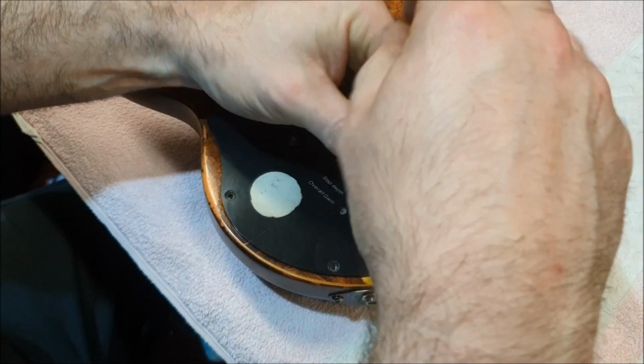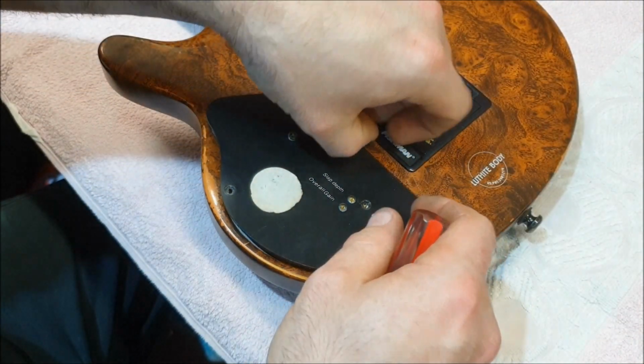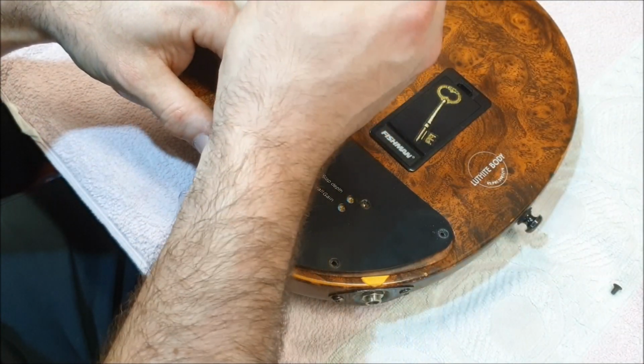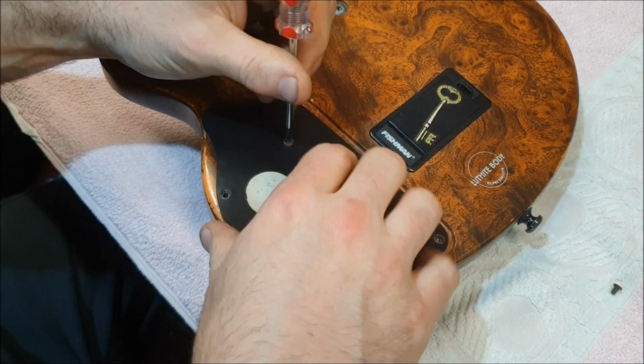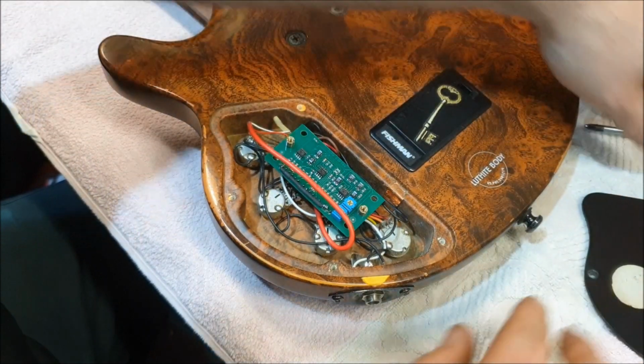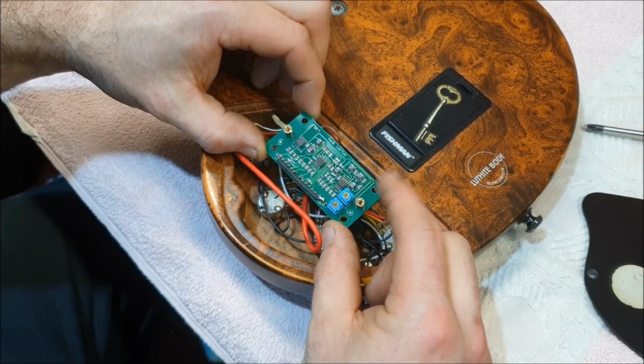If, however, you've got a separate circuit board to the pickups, then in theory, all this is doing...